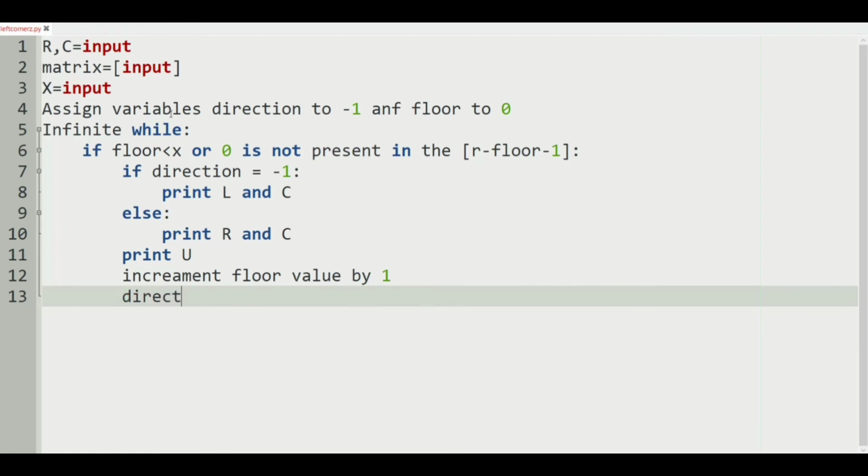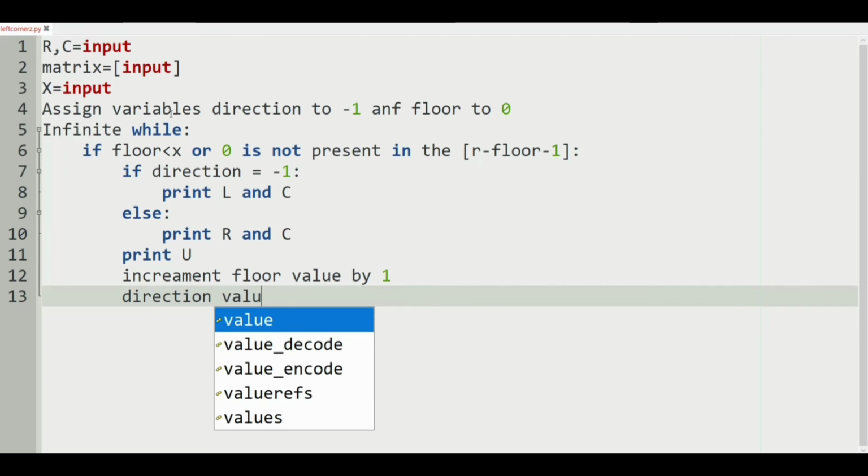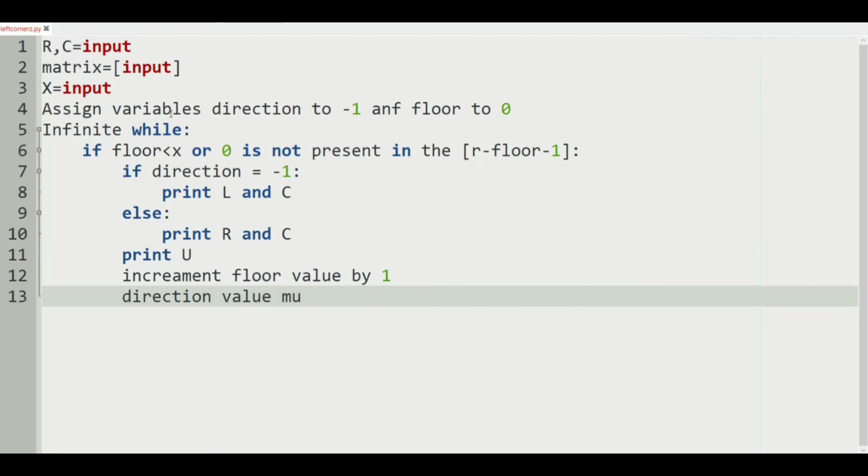and then the direction value will be changed, that is, multiplied with minus 1,